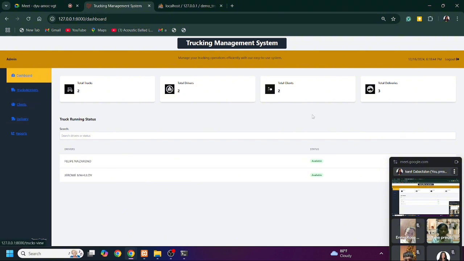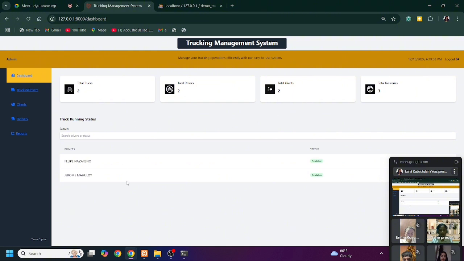Overall, our system is fully functional with the functionality we created. For the last functionality, we have the logout. Once we tap logout, it will automatically bring us back to the login form.